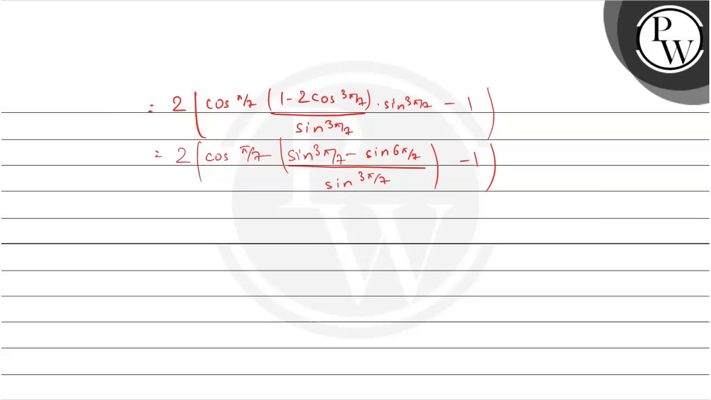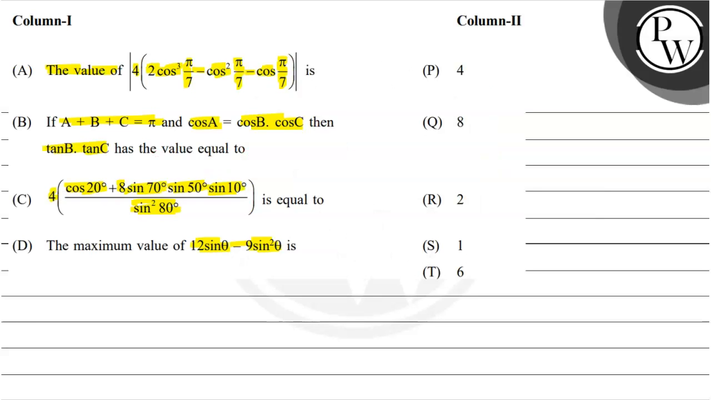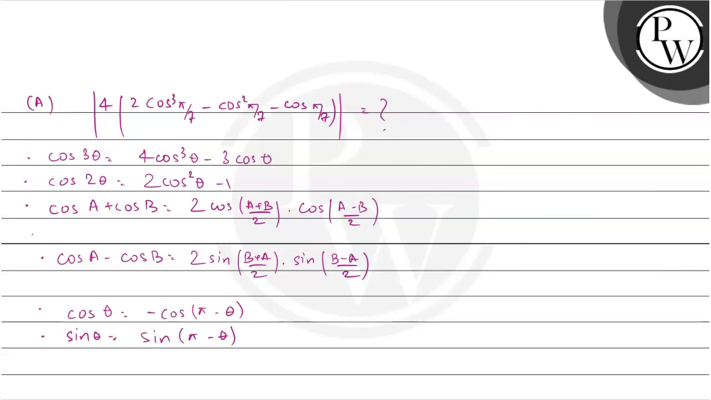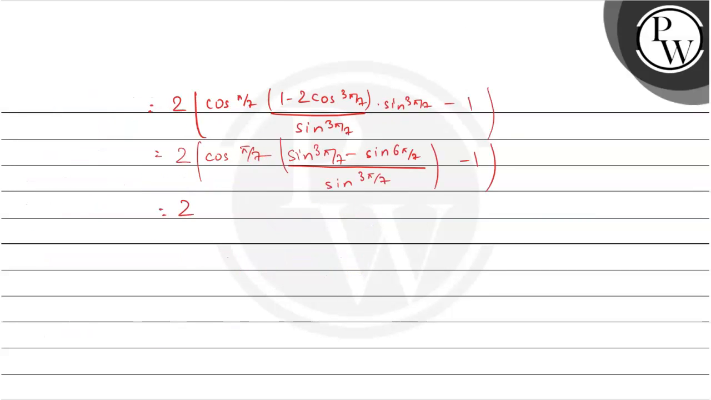Now, sine of 6 pi by 7 can be rewritten using the formula that sine of theta is equal to sine of pi minus theta. Hence, this equation would be cos of pi upon 7 times sine of 3 pi by 7 minus sine of pi by 7, minus 1, whole upon sine of 3 pi by 7, which would be equal to 2 times cos of pi by 7 would remain outside, and I'll use the formula